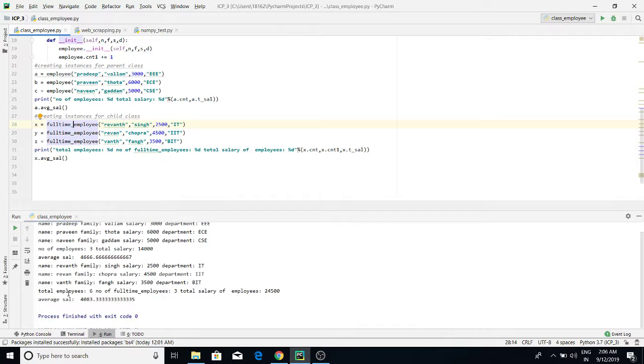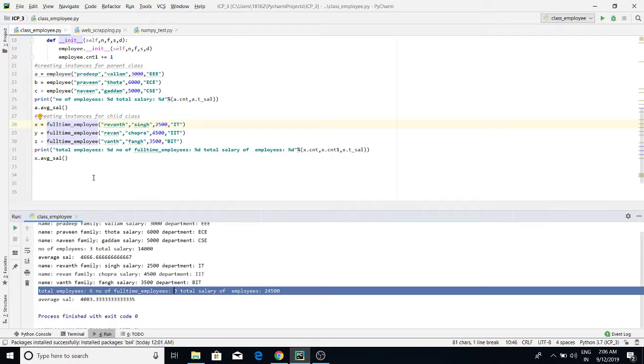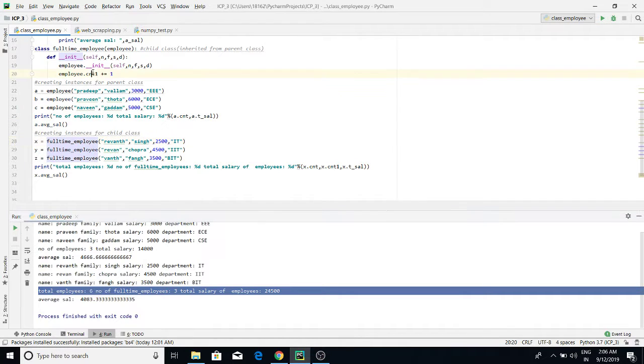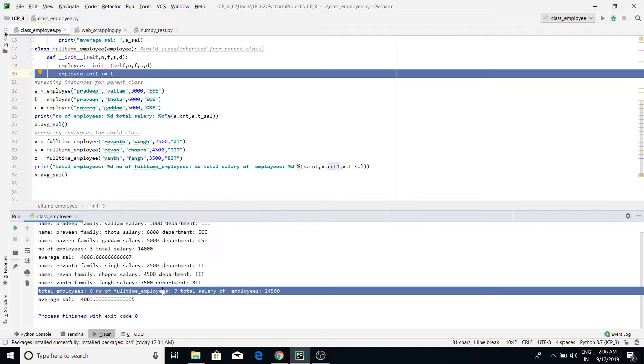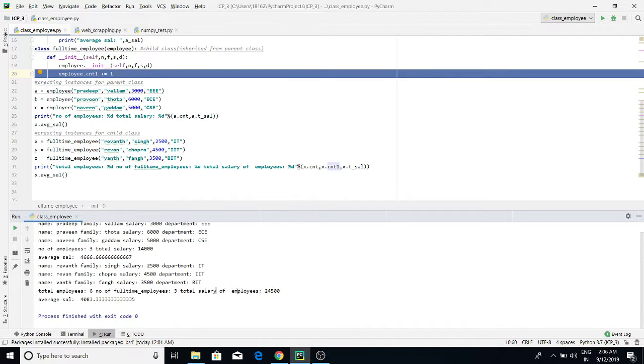As you can see, this child class inherits the properties of the parent class, so both the outputs of the child class and parent class are similar. The total employees until now is 6, whereas there are 3 full-time employees and 3 employees. The number of full-time employees is 3. This is done through incrementing count1, so that you get the total number of full-time employees equal to 3. Then the total salary of employees is the salary of the total 6 members,